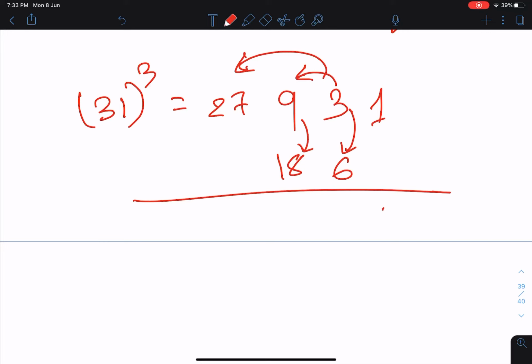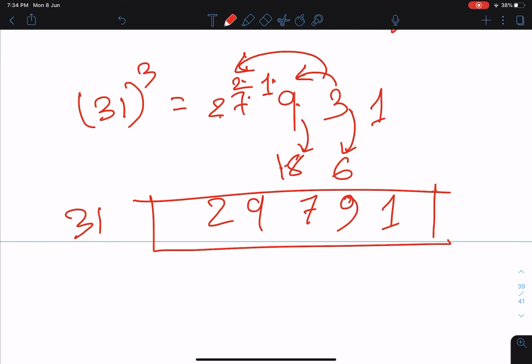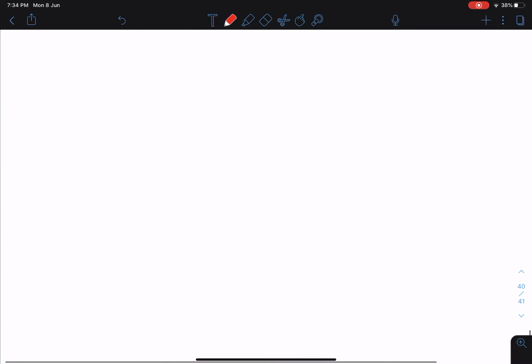Let's just add them up. 1, here will be 9, then 9 plus 8 will be 17, then 1 will be carried, so 1 plus 1 will be 2, so 2 will come on top of this 7, 2 plus 7 will be 9, and this 2 will be here. So this will be the cube of 31.